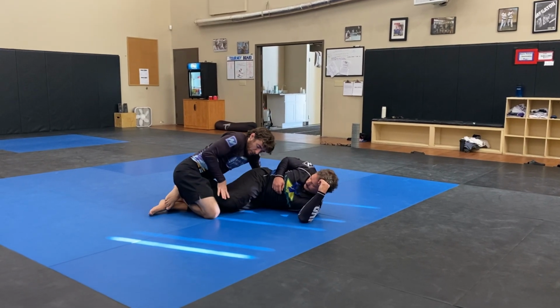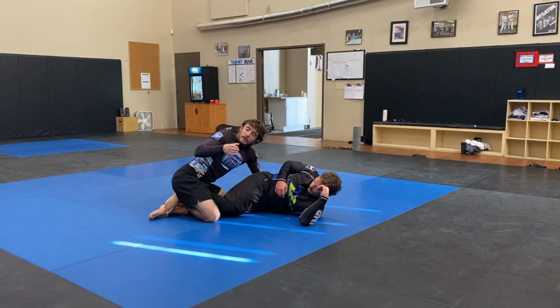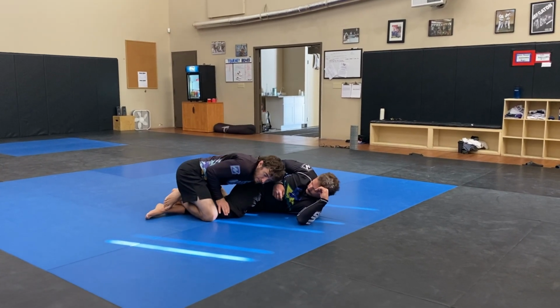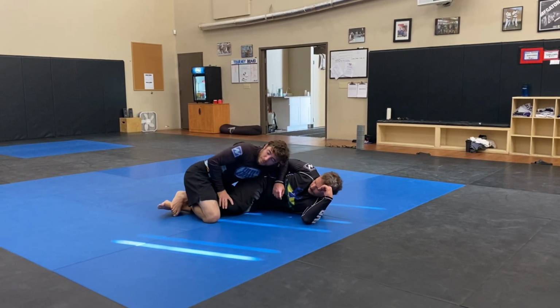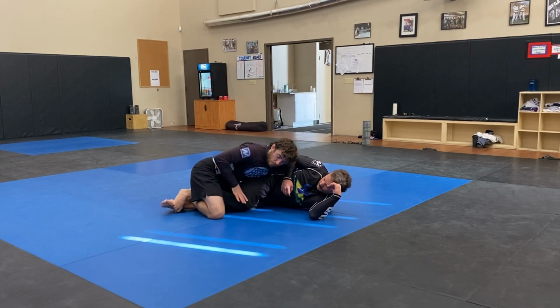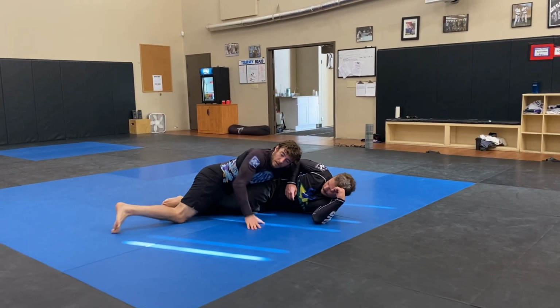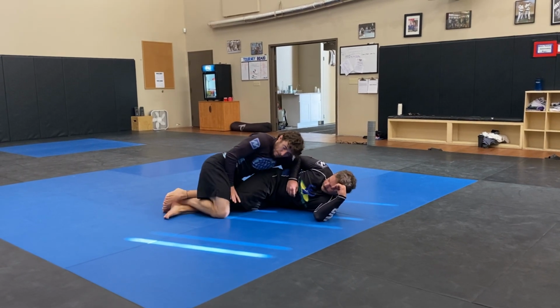Maybe I'll do the same thing with my hand. Don't just do this. That hand's going to slip. Make a C with your hand, you go right behind his knees, and then same kind of thing, sprawl this back. So if you feel like he's got some sort of grip on your foot with his feet, he probably will. With or without the hand grip here, I can just sprawl this out, back step, or sprawl it out,